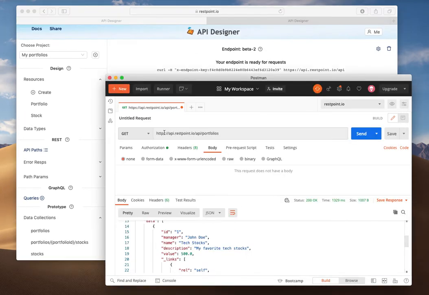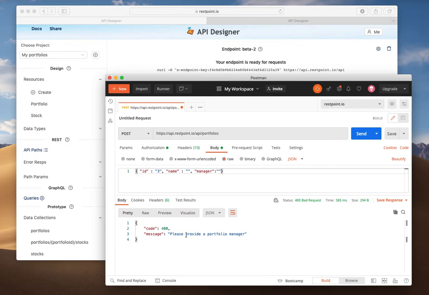Let's do a test here now. We're going to go in and create a portfolio, which we did last time. And we're going to put in an empty name and a manager. So now when we try to create a portfolio, it says, please provide a portfolio name. Okay, so let's provide it. And we're going to say my favorite